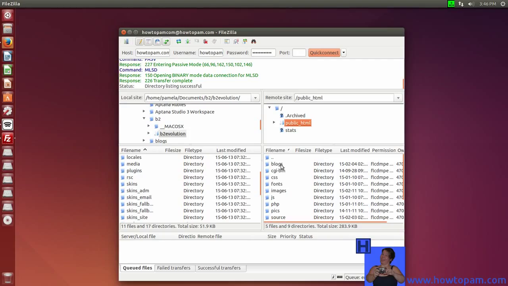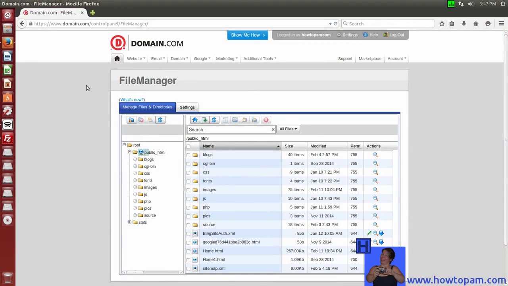Now, the old b2 blog software is in a folder called blogs. Therefore, we have a domain that says howtopam.com/blogs, and then you're into the blog of your choice. We're going to do that again here, except we can't duplicate the directory of blogs. So we'll make a folder called blogs number 2 in here, and then we will upload all these files into blog number 2. So let's go back to our website,